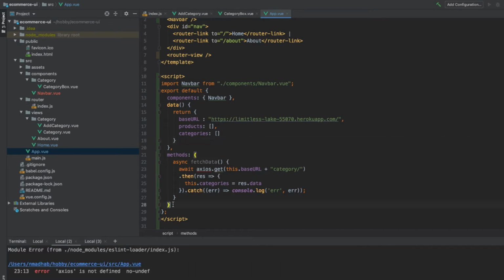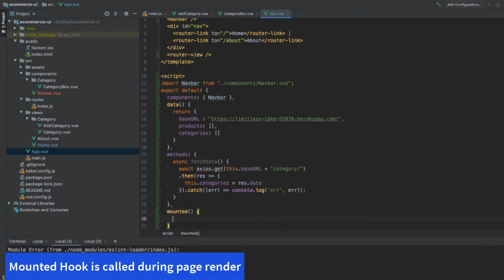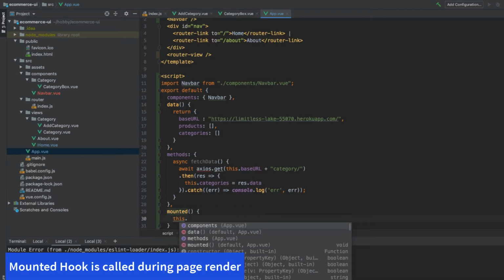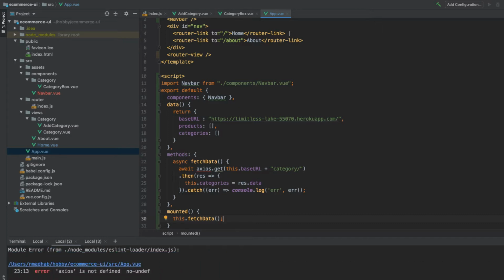We have to call this method in the mounted section. So when the page loads, we will call this method, this.fetchData, and get all the data, and we also have to